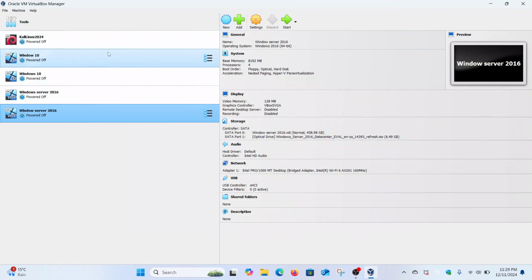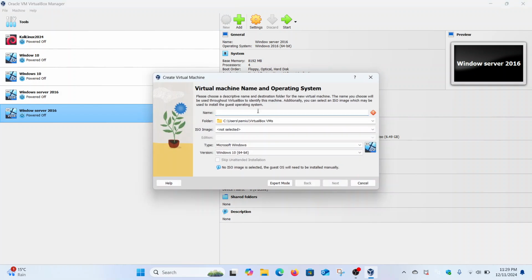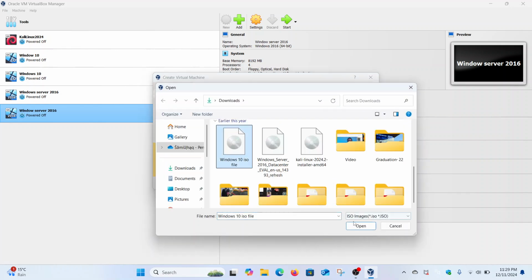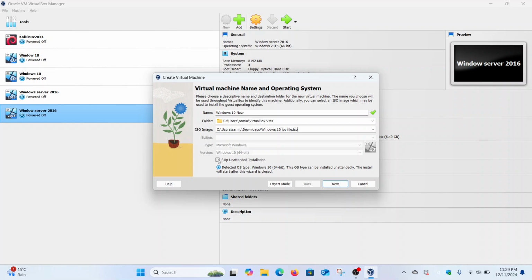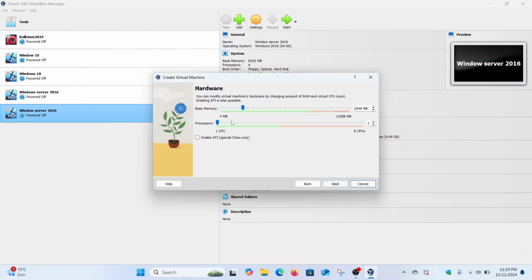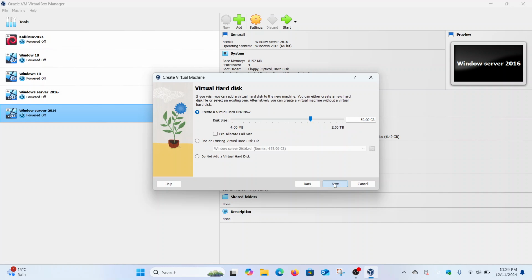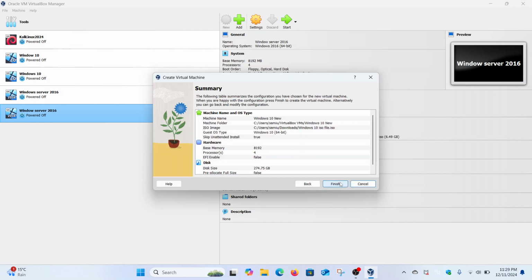So let me install. I already installed this Windows, but I'm gonna install a new one right now just to check. I'll name it Windows 10 new. Let me add the image. Next, give it enough space and CPU. Don't go over the red one, it is not good. You give more disk size. Next,